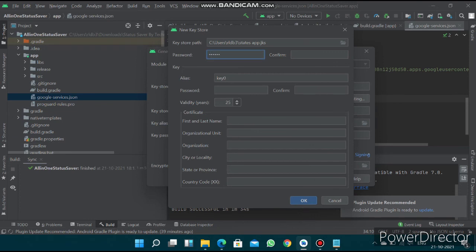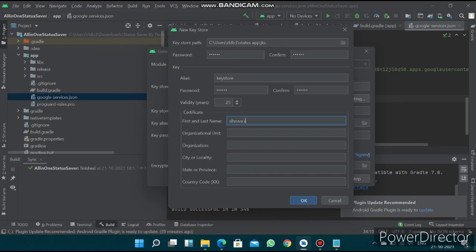give a password, confirm it, give another password, confirm it, and if you want to change the alias key you can change it, or you can leave it to default.